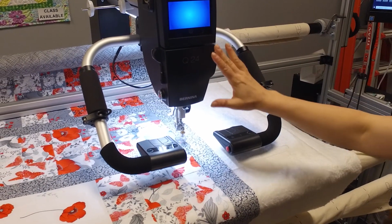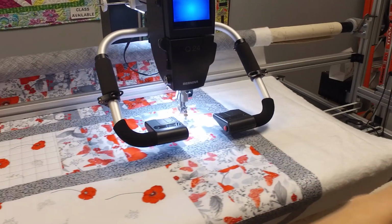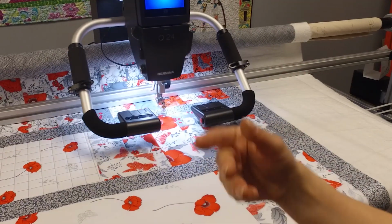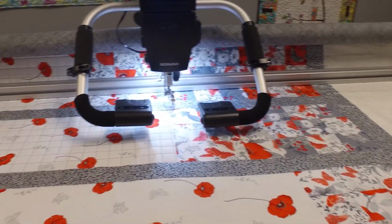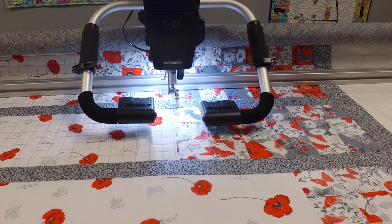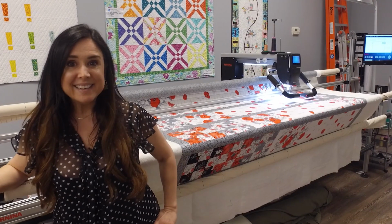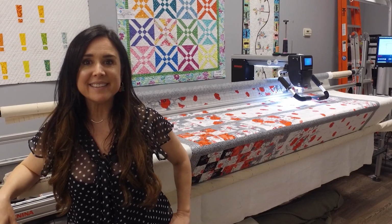Now my head is going to move into its magic starting spot, and this is going to stitch, and I'm just going to continue this process through the rest of the quilt, and it will be finished, and yay, I'll have another completed quilt here at BERNINA of Naperville. Well, that's it. We're stitching away, and the next time you see this quilt, it's going to be hanging here